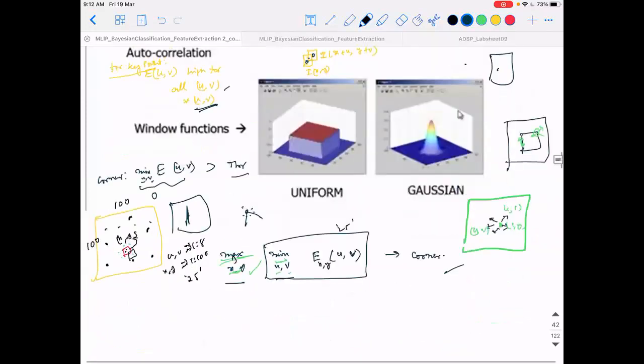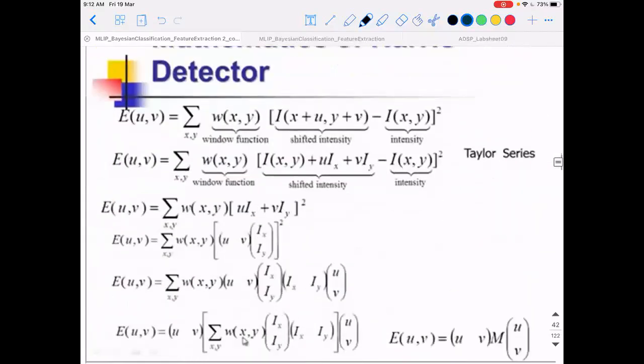So a researcher by the name of Harris came up with a nice idea. Can I use mathematics here to simplify this process? Can I use some of the understanding, and the way I interpret it, to do this quite effectively? The answer is yes. What he does is expand this in a Taylor series.